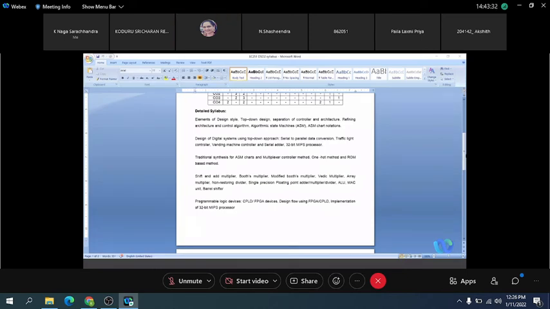Verbal description: trying to understand the problem statement, the description of the problem. After that, state table or state diagram. If it is combinational, we said a truth table sort of thing. If it is sequential, we said state table. What is that exactly your state table or truth table will be giving you?